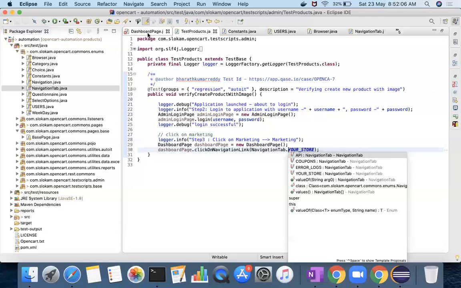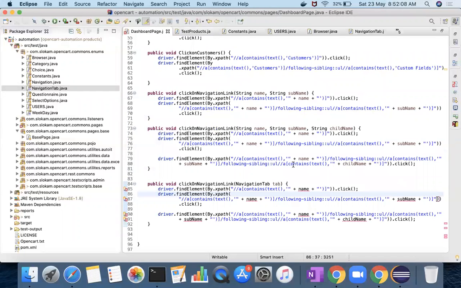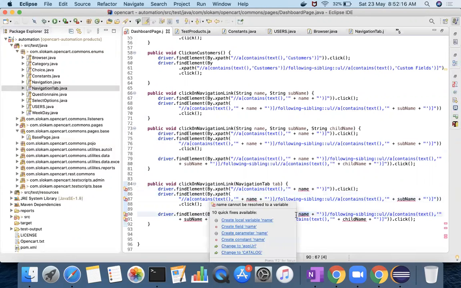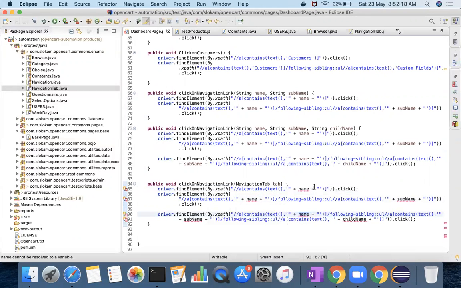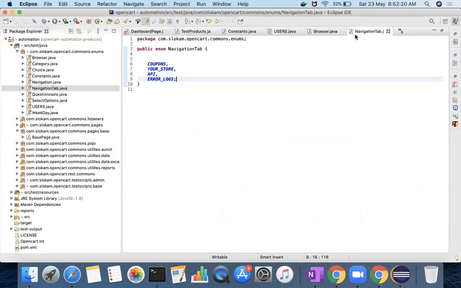Now what you have to write here, for this tab, sometimes you will need name and subname, sometimes name, subname, and child name. All 3 names you need. That's why here you need private string name, private string subname, private string child name.